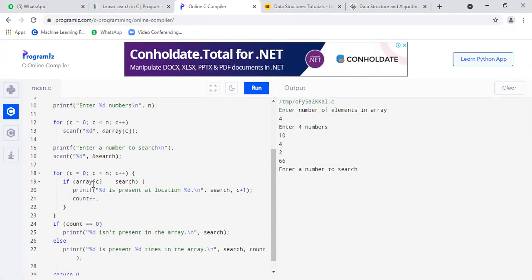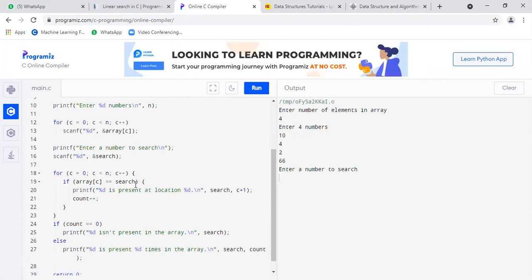For example, in the previous example, the key value is 12. Here the first value in the array list is 65. Is 65 double equals 12? If it is not there, then it will increment count plus plus. That means it will increment the value by 1. Then it will move on to the next one. The next value may be, for example, 75. Is 75 double equals 12? If it is not matched, then it will increment, and so on. It goes on like that.